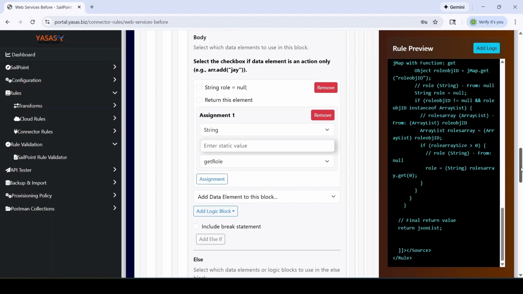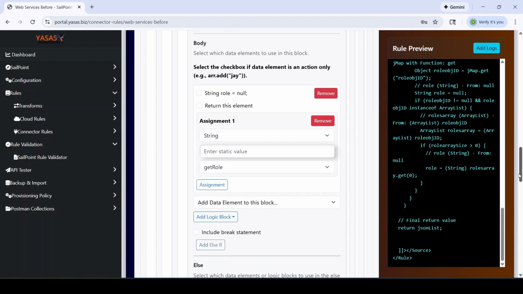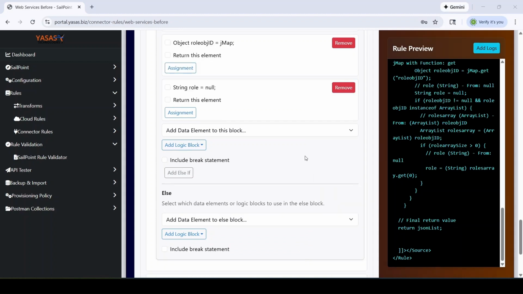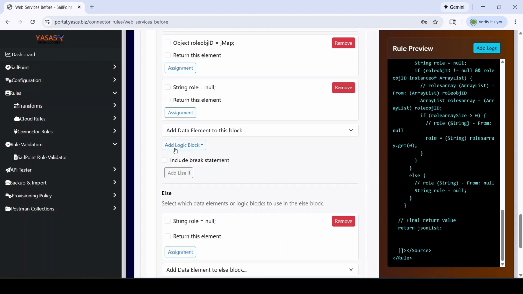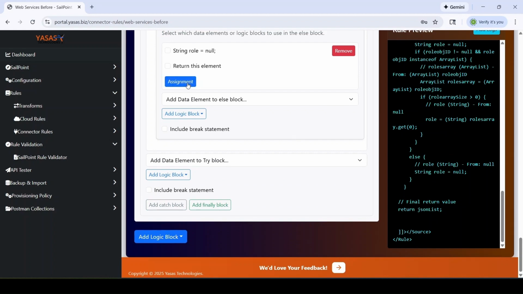Now, if there is no role found, then we want to add a default role, right? So that will be in the else part of the check, where we are checking for role object ID is an array list and it is not equal to null. So here we will assign a default role in the else part,